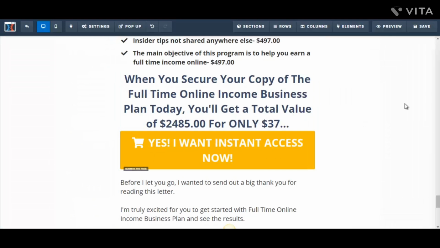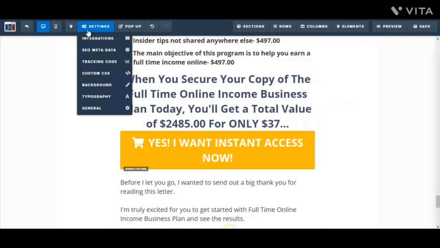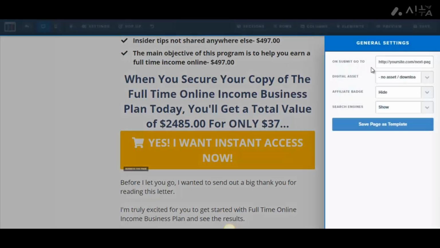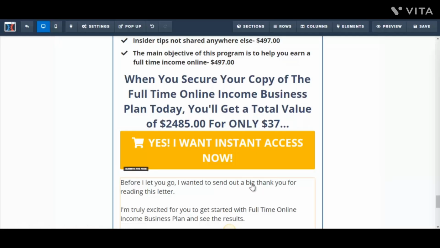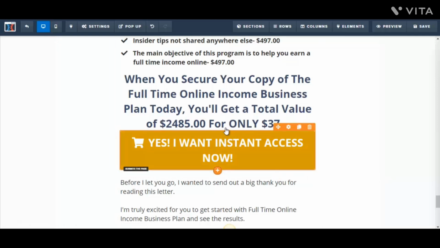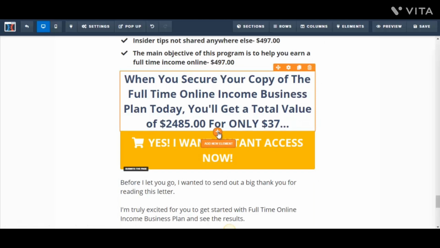And in order for an order to be submitted, you need to go to the settings here and click on general, and where it says on submit, go to, and you could enter the URL of the checkout page if you're using a different platform. Now, if you want to use a different button, what you could do is you could delete this and you just click on any of these things here where it says add new element,